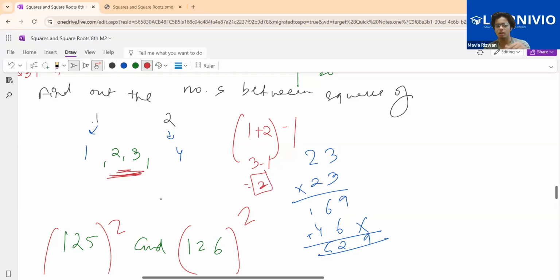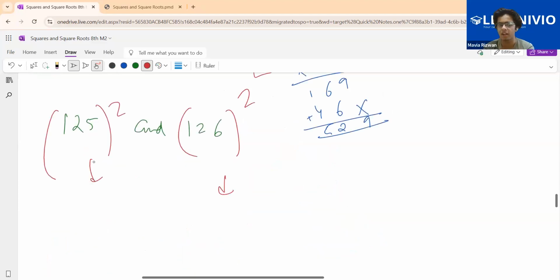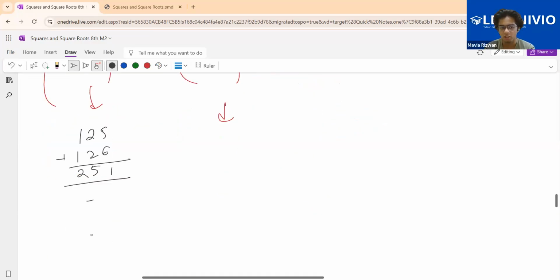Now see, for short ones, you'll feel like, why are we doing this? But for big numbers, instead of finding 125 square and 126 square, I'm just going to add them. So 125 plus 126, directly add them. Oh, sorry, not 301, this is 251 if you add them. And then you have to subtract 1 from it. So now this is 250. So there are 250 numbers between 125 square